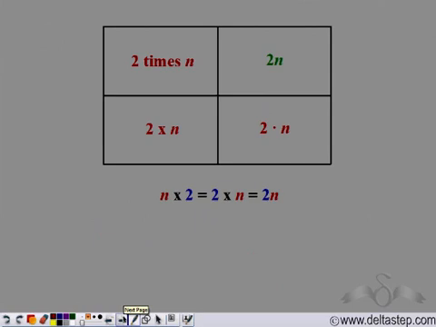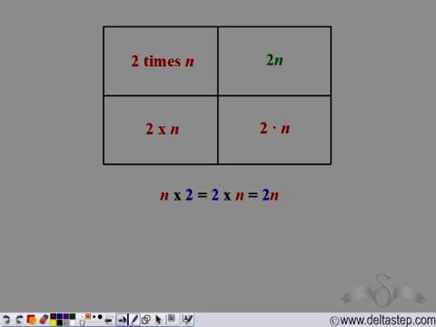So we have multiplied a constant with a variable. We can write it as 2 times n. We can also write it as 2 into n. This is the multiplication sign. We can write it as 2 dot n. This is the dot